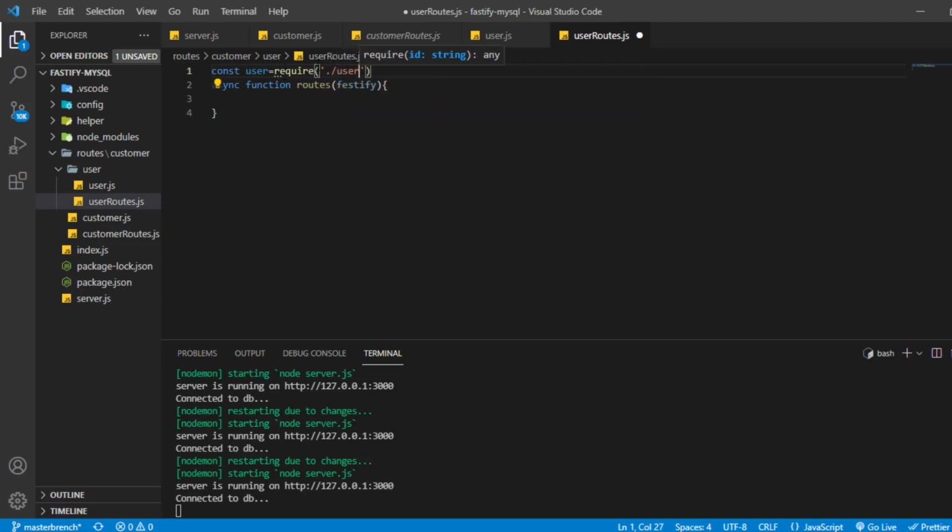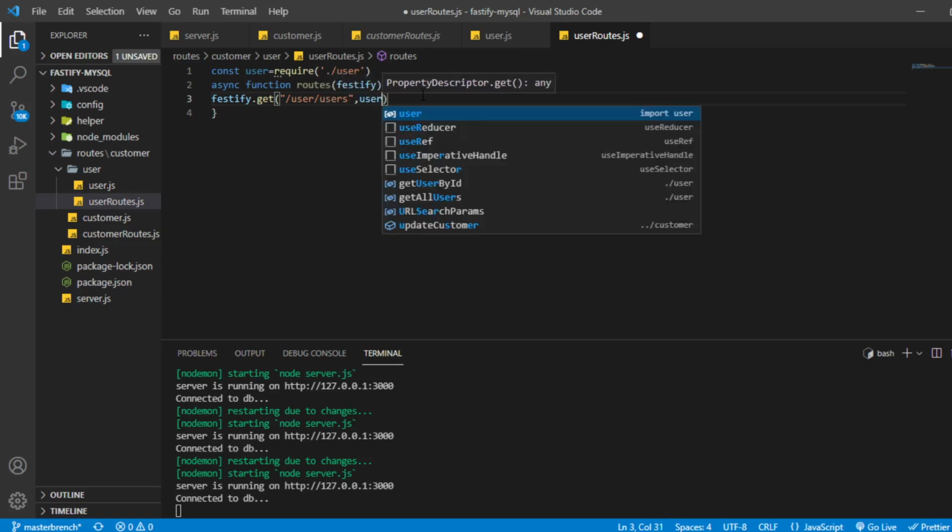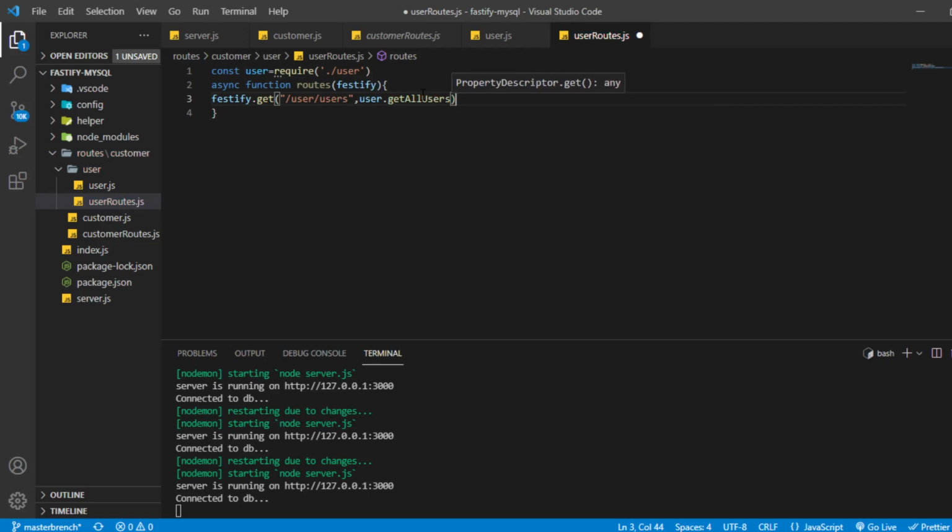User dot. And now here we'll specify dot get, and here user, and then users, like all the users. Okay, and then user dot get all users. I'll tell you what I'm doing.